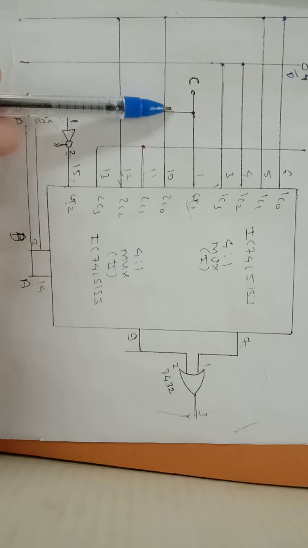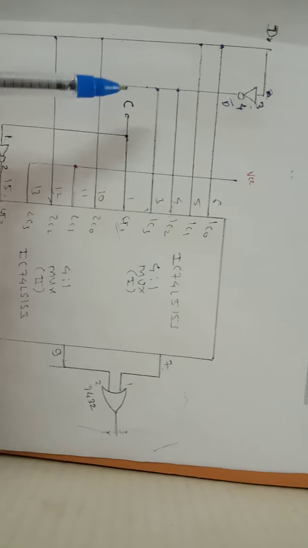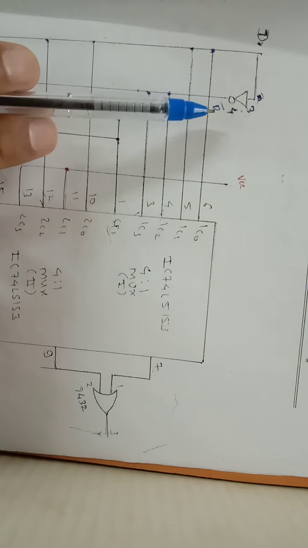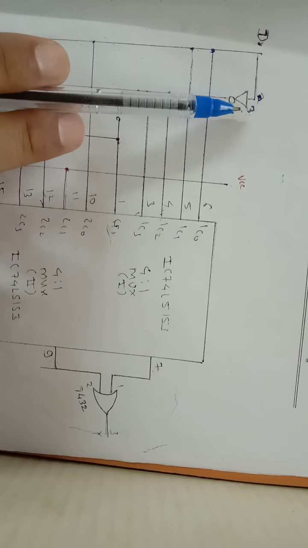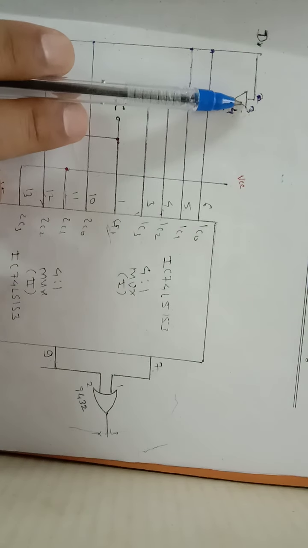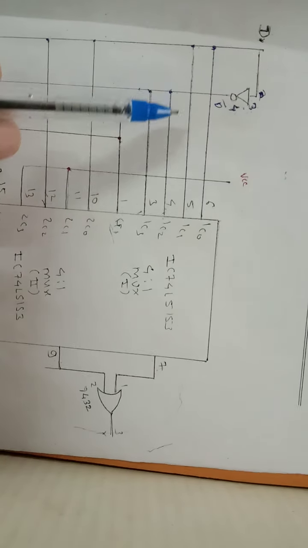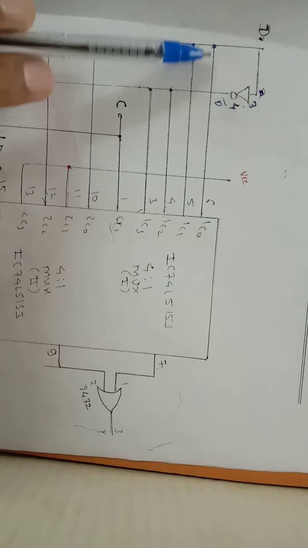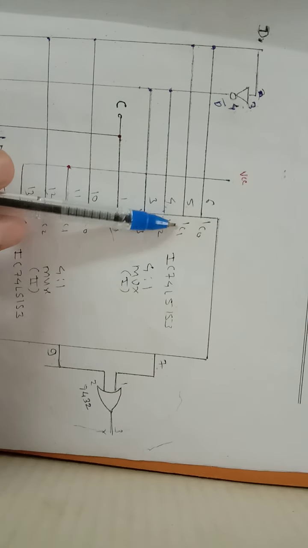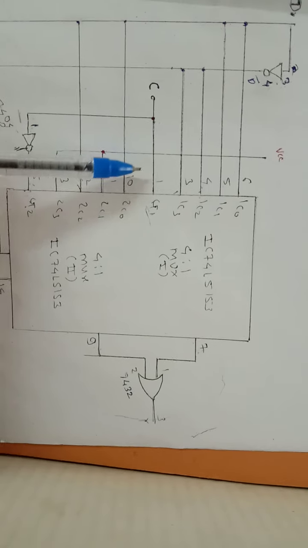Then after C we have to create D, so D is required. D is nothing but D and D bar, so we can take another inverter, IC 7404, pins 3 and 4, and this one acts as D. The input of the other inverter acts as D bar. Then we make the connections like this: 1C0 connected to D, 1C1 connected to D.